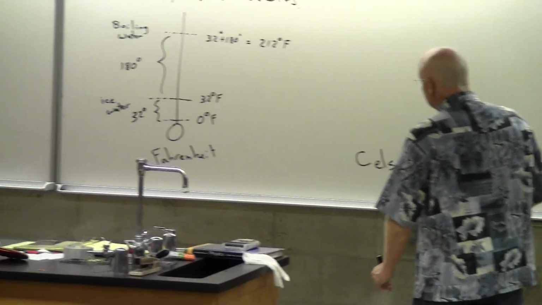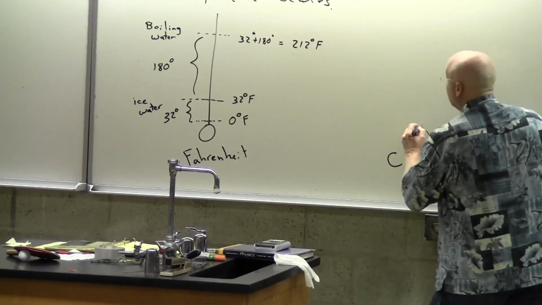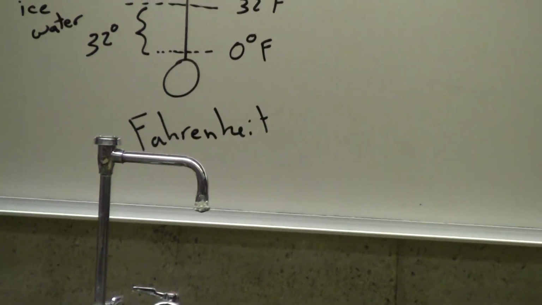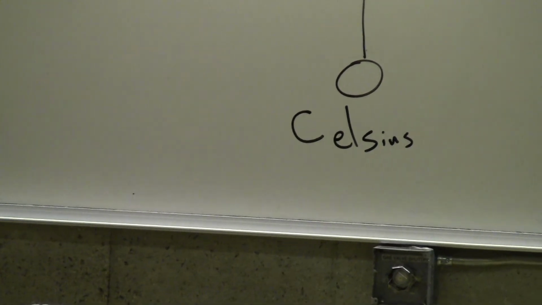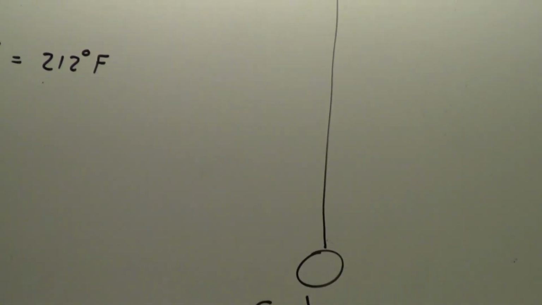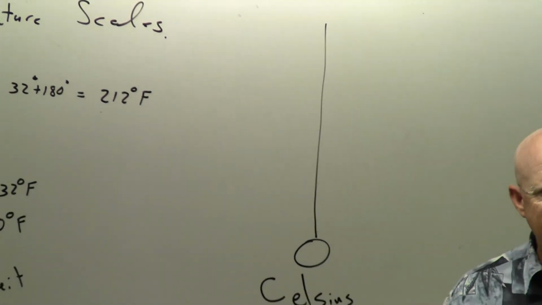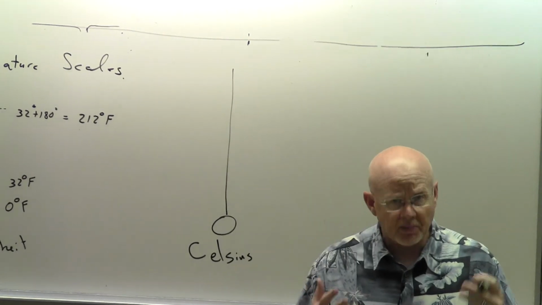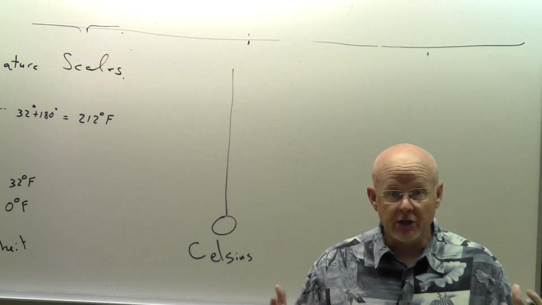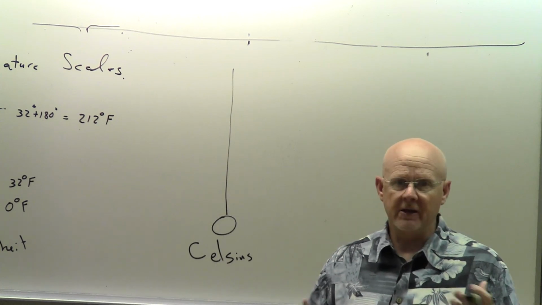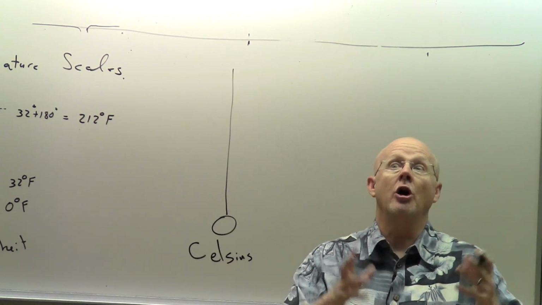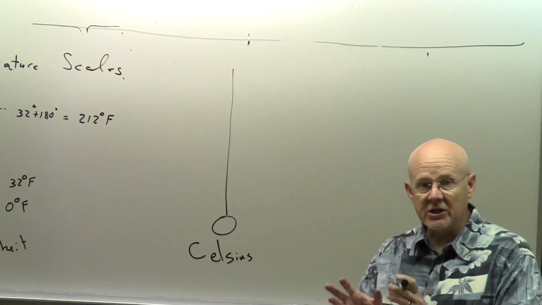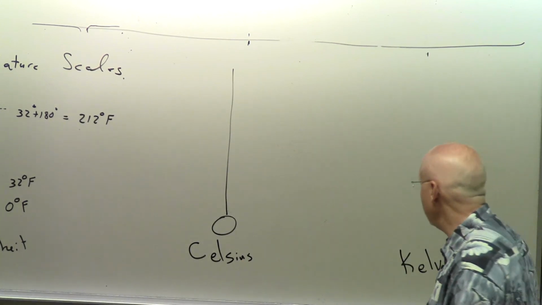All right, well, Celsius then says that's probably not the best kind of scale we could have. And Celsius comes along with the metric system, and the idea of the metric system was to try to simplify all these units so they'd be easier to work with, easier to know, and everything was base 10. It's much easier to work with multiples of 10 than things like a foot is 12 inches and a yard is 3 feet and all these weird multiples. He said, let's just stick to the common multiples of 10.